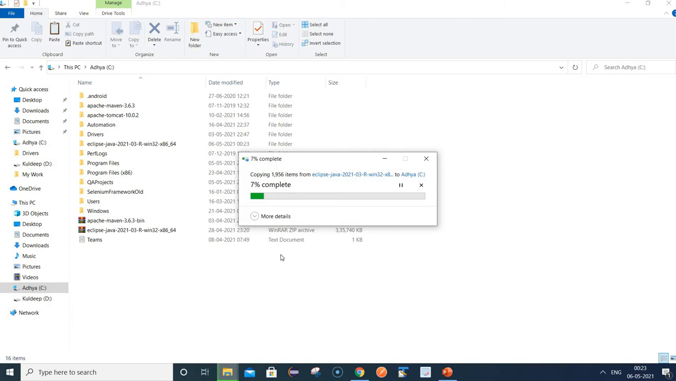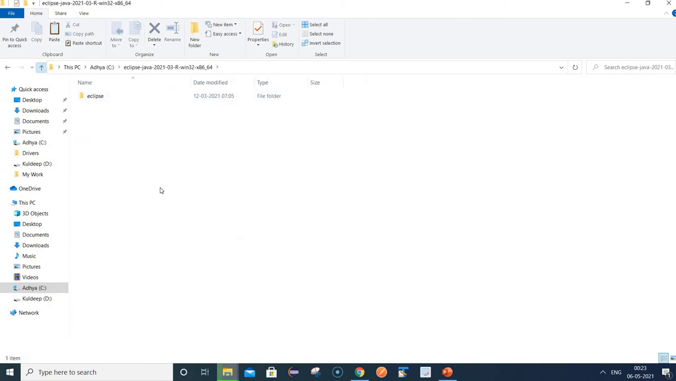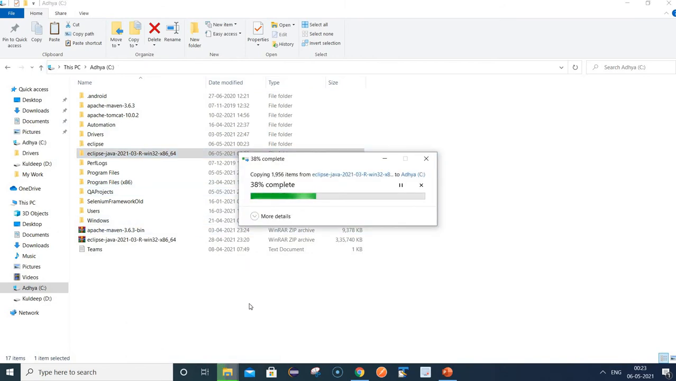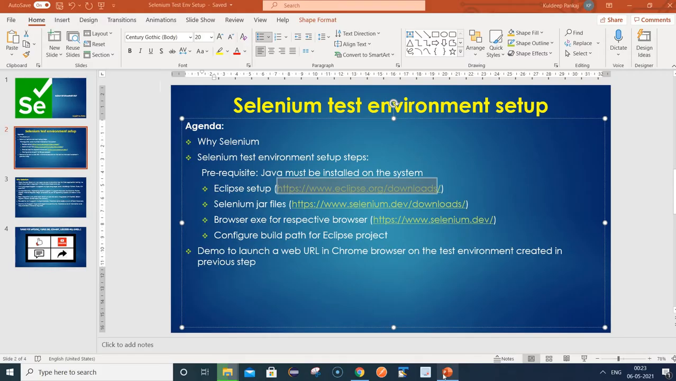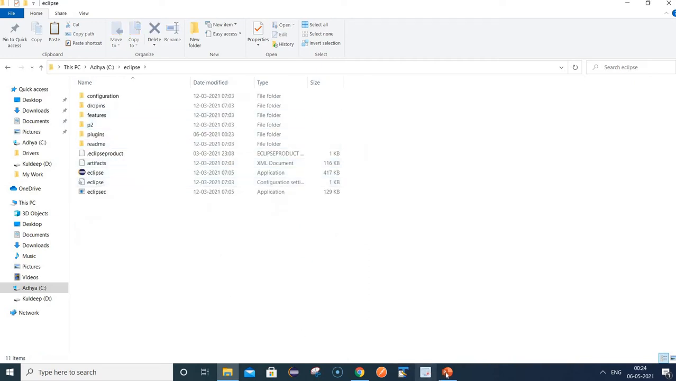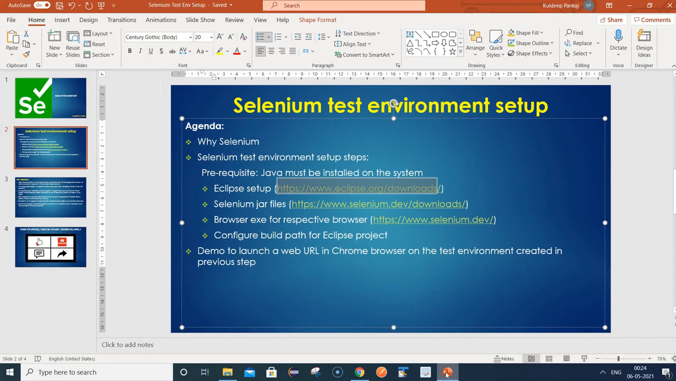Okay, so basically what I have done is I have just copied this folder and pasted it outside. It is getting copied. The next step is the Selenium jar files, so let's see from where we can download the jar files. It's copied, so you can say it is the same folder, and we will download the